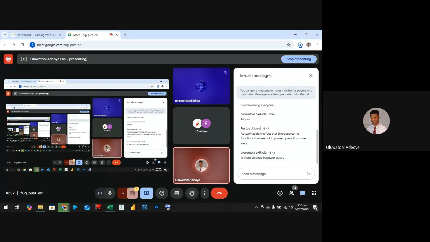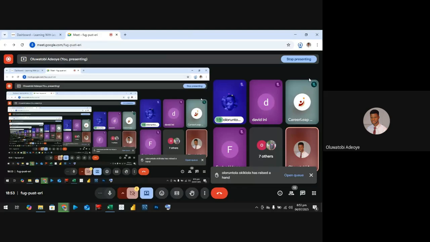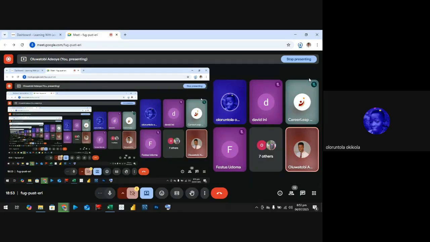Does anybody have any question on the VLOOKUPs and the functions and things like that? Has anybody practiced yet? And what has been your challenge on the functions and the rest? Yeah, okay, Kiola. I've been trying to replicate your work from the day you did data cleaning, and do the same thing. So I've been having issues with